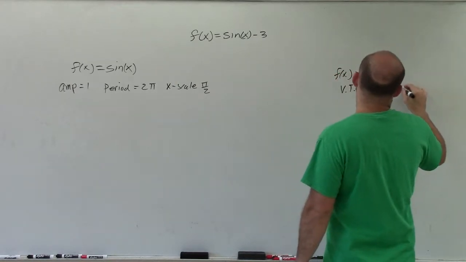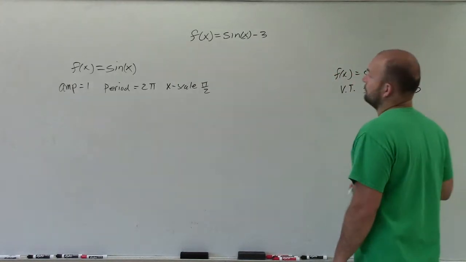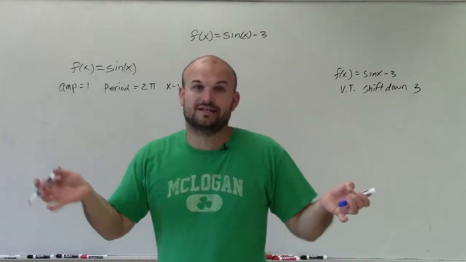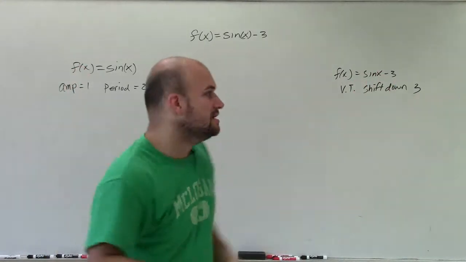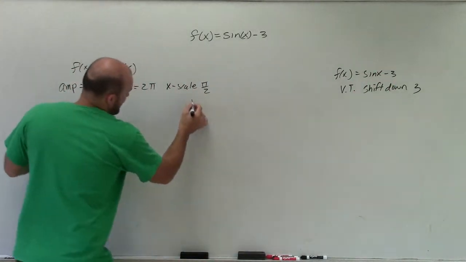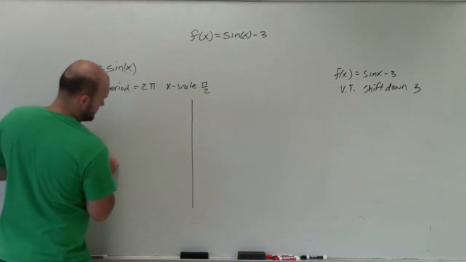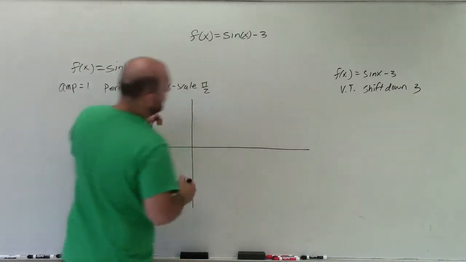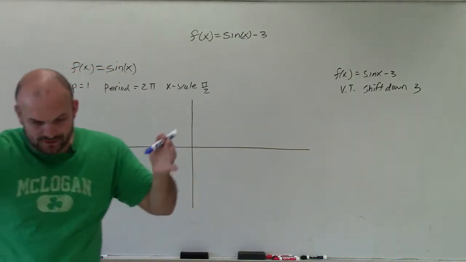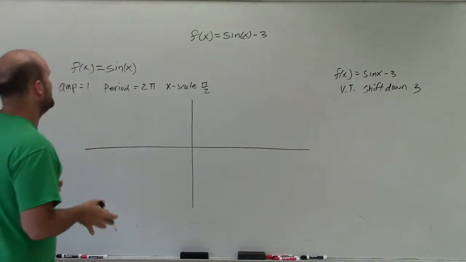Thank you. Now we have a shift down 3. So that means we're pretty much going to take the graph and just shift it down 3. To save some time, I'm going to do this on the same axis. It's very important for you to understand